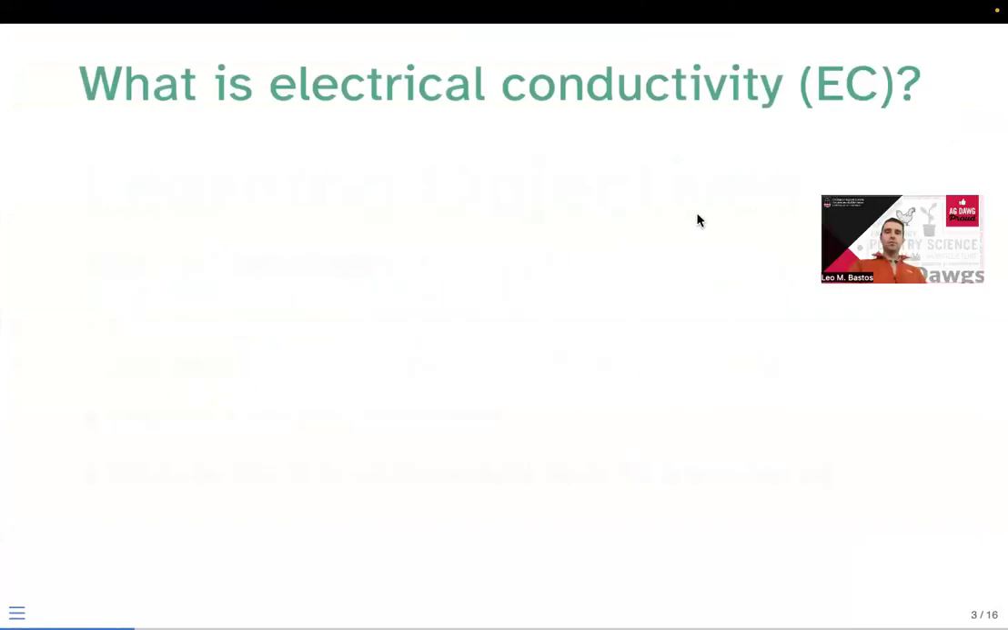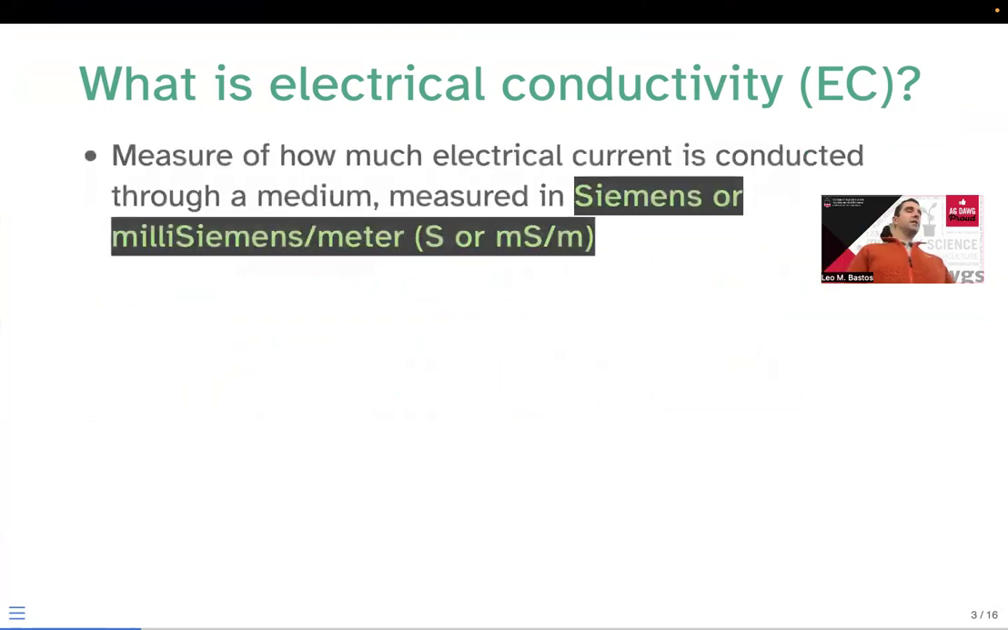Okay, so to begin with, what is electroconductivity? And we're going to be referring to that as EC. So this is just a measure of how much electrical current is conducted through a medium. And normally it's measured in Siemens or millisiemens per meter. So we're going to see a lot of these units here